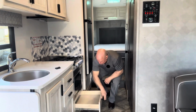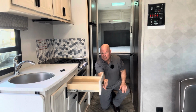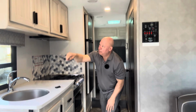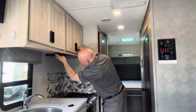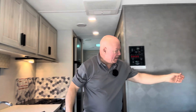Down below, more storage. So we have some drawers here. Again, self-closing drawers. Kind of nice to have. 2 drawers here. And then, of course, underneath the sink. Above, we got 2 up here. 2 more on this side. Light controls right under there. Nice and easy to do. We also have light controls under here. And